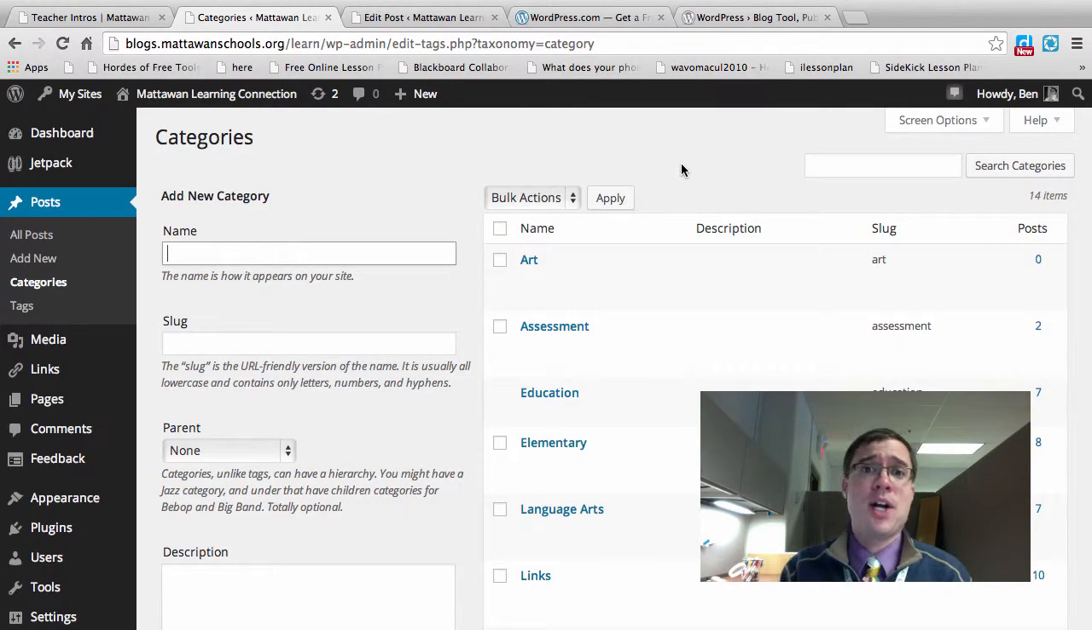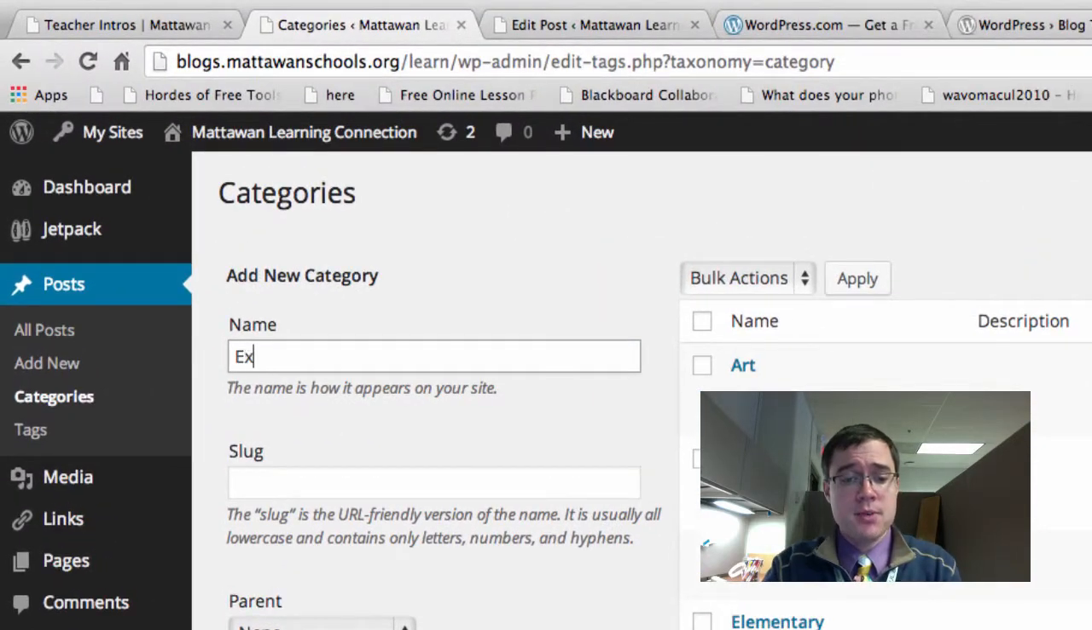The same thing holds true on a WordPress site. If you just keep writing post after post after post, you don't have the ability to quickly go back and curate your posts in a way that makes sense. So I'm going to go ahead and create a category here. We're going to call it